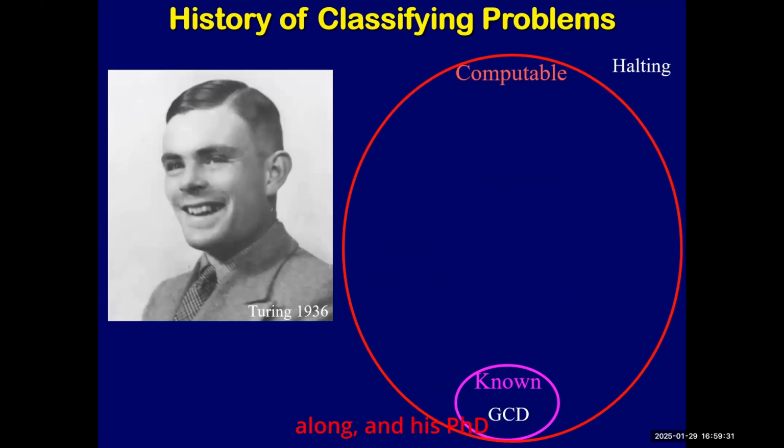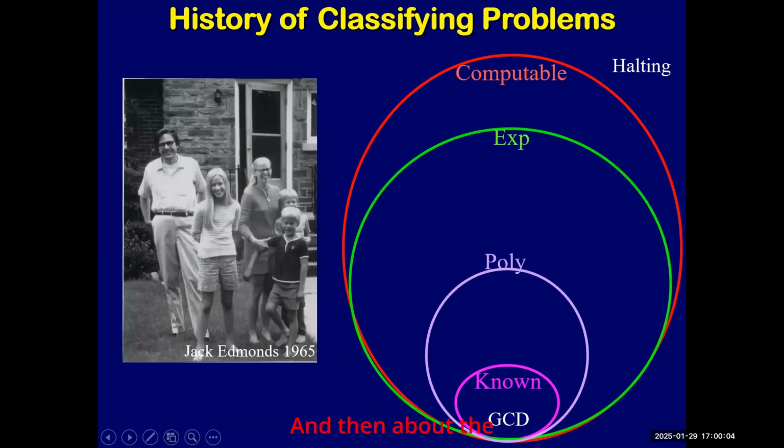Turing came along, and his PhD advisor was von Neumann, and asked, can everything be computed? Does everything have an algorithm, right? And Turing proved the halting problem, well, first he had to define formally what computation was, right? Gödel had a definition, but it turned out not to compute everything. And so Turing's machine was the first that computed everything we consider computable. And he proved the halting problem is not in there, right? And then